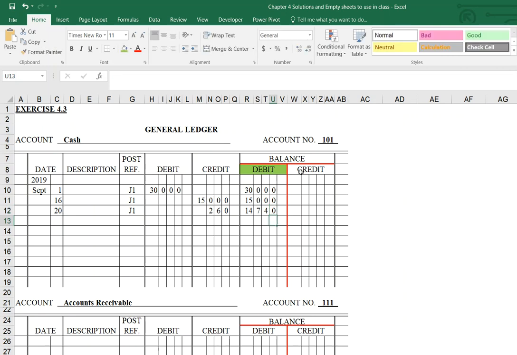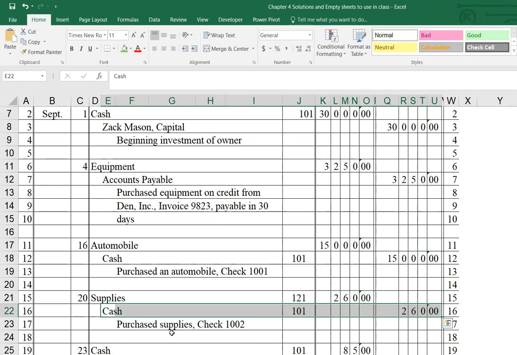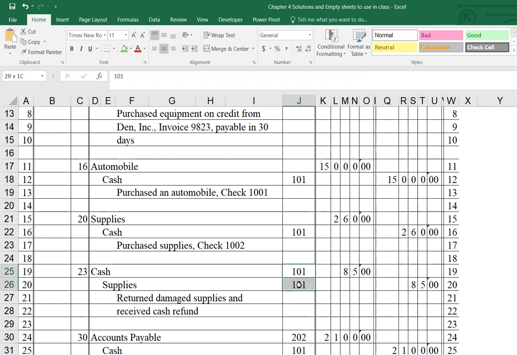All right, and then go back to post reference with our 101. It was already there, but it shouldn't be. Okay, so we come back and we write our 101. Okay, next